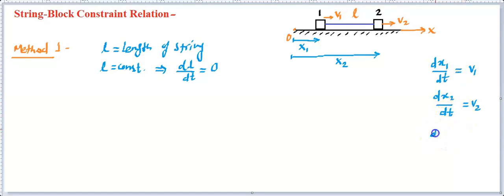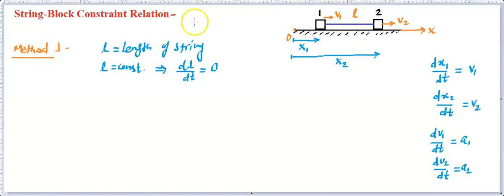Furthermore, if you differentiate v1, dv1 by dt will indicate the acceleration of the first particle, and similarly dv2 upon dt will be the acceleration of the second particle. This is a very basic example. I am illustrating in great detail so that you can replicate this method for all the upcoming questions. Now this L is length and its derivative is 0, and these further relations we have understood based on our kinematics knowledge.